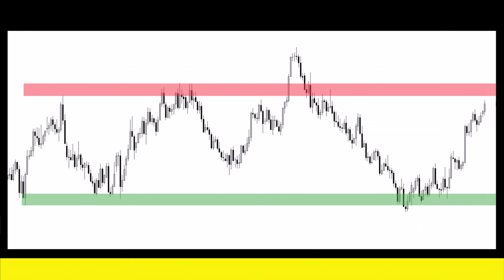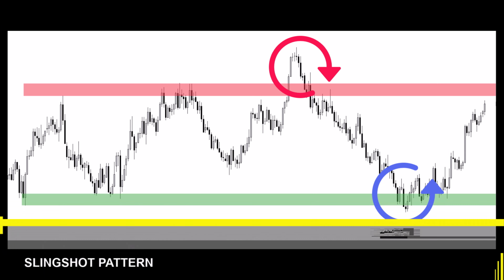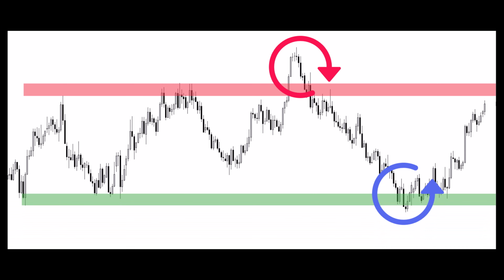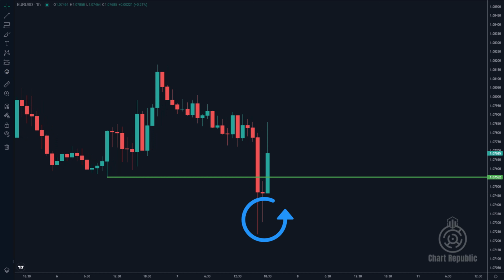The slingshot pattern is another reversal trading strategy based on false breakouts, typically employed on 1-hour charts. This method is especially reliable in the Forex market. To seize buying opportunities with this strategy, monitor for a break of the support level drawn from the low of a major swing low. Following the break, the price should not linger below this support level for an extended period, but should quickly reverse and rise back above it.